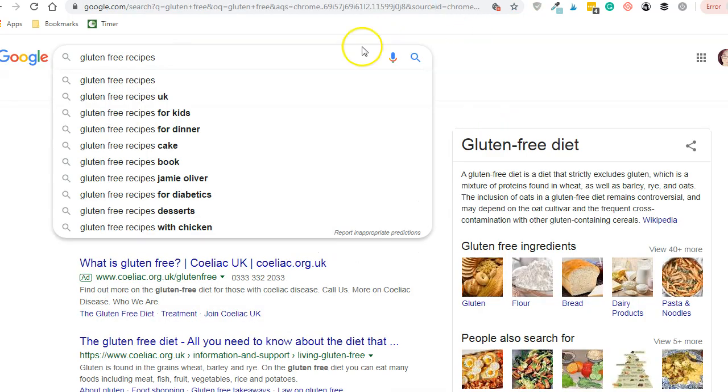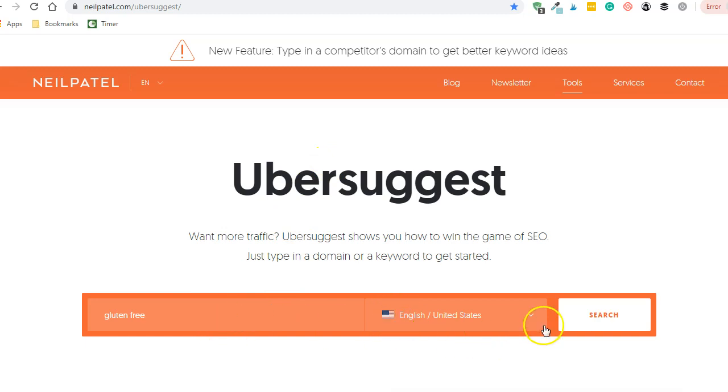Now with Google, it's actually going to be your local search. So wherever you are based in the world, this for me is showing me the UK search. Yours, if you're in the US, would be showing you the US search. So I'm going to leave this on United States. I'm going to press search,